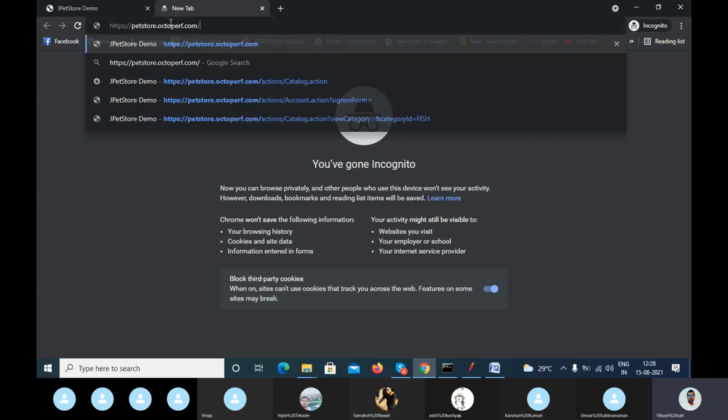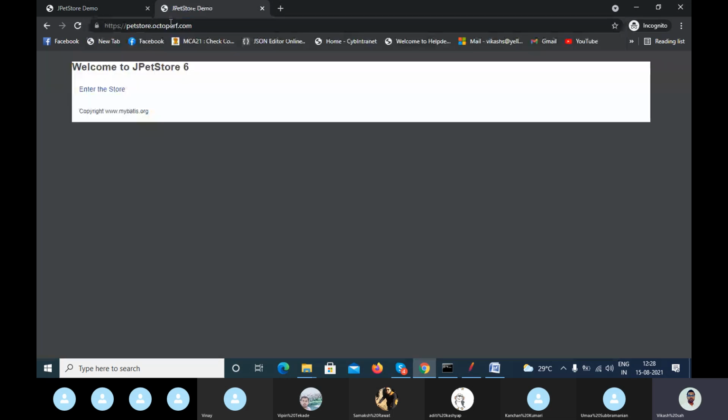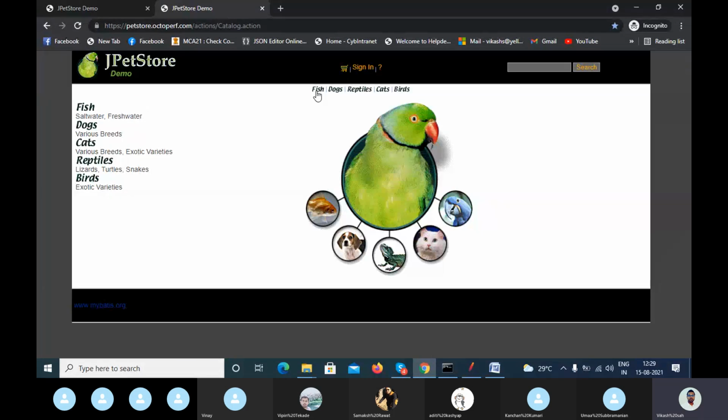When you click on enter the store, it will display the Pet Store home page. When I click on either fish, dogs, reptiles, cats, or birds,